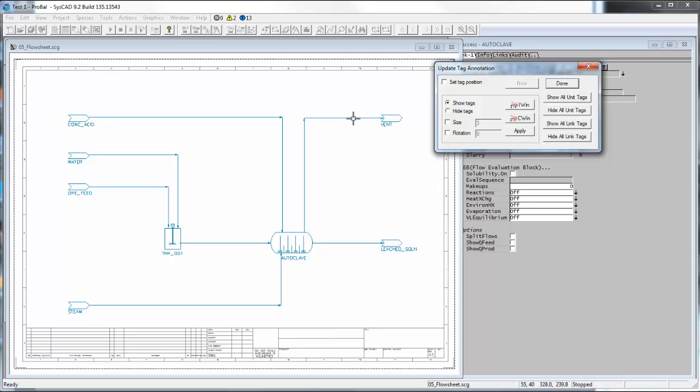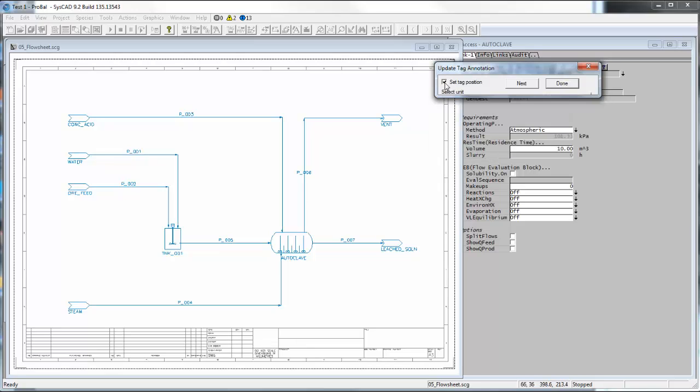And at the moment, you'll see all my links do not have their tags displayed. And if I say Show All Link Tags, you'll see now all the tags are displayed. I can also use the In Window or Cross-In Window to show or hide all tags within a window. I can change the size of the tags or the rotation, and I can show or hide individual tags. To change a tag's position, up here there's Set Tag Position. If I click on that, you'll see it actually makes the dialog box smaller, and now I can go and